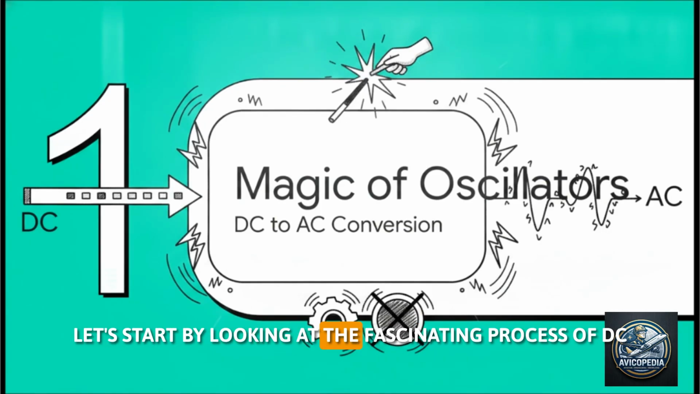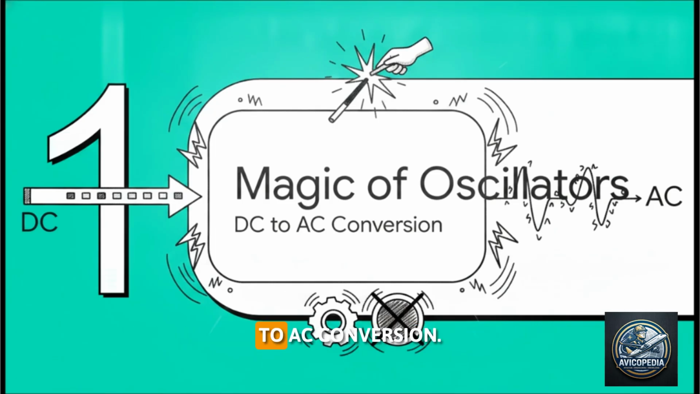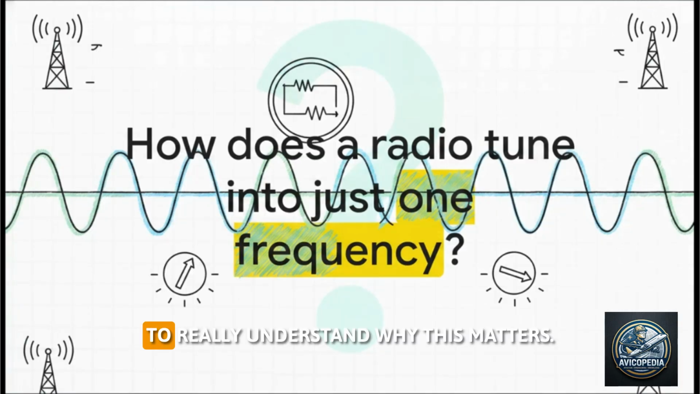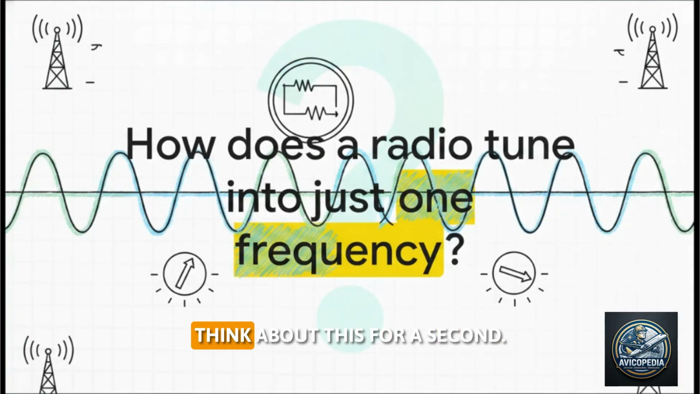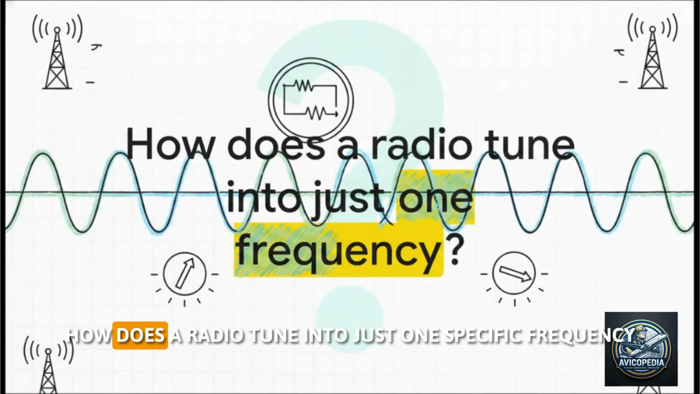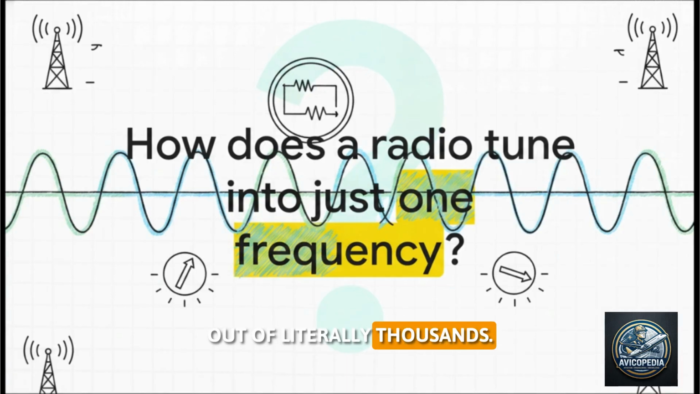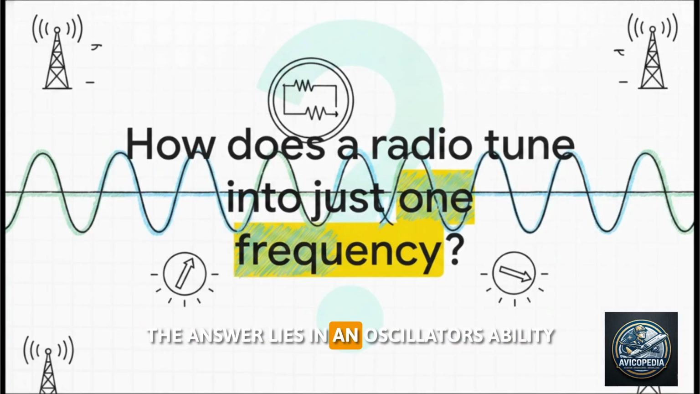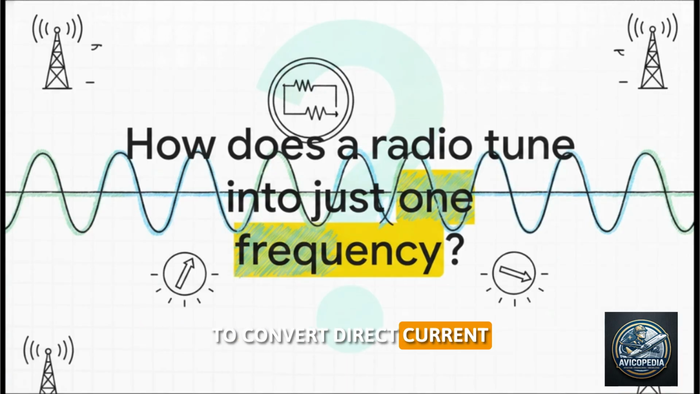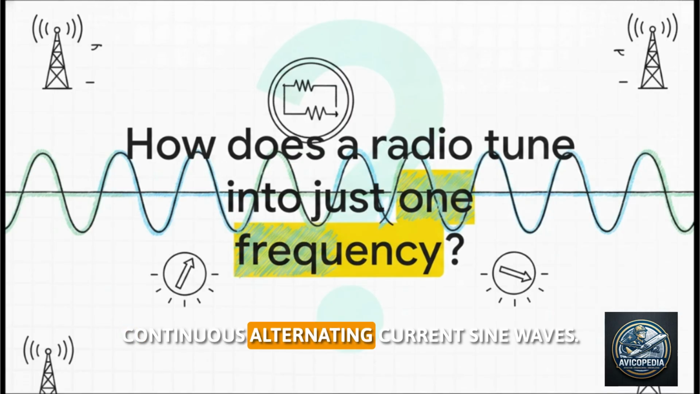Section 1. The magic of oscillators. Let's start by looking at the fascinating process of DC to AC conversion. To really understand why this matters, think about this for a second. How does a radio tune into just one specific frequency out of literally thousands? The answer lies in an oscillator's ability to convert direct current, or DC energy, into perfect, continuous alternating current sine